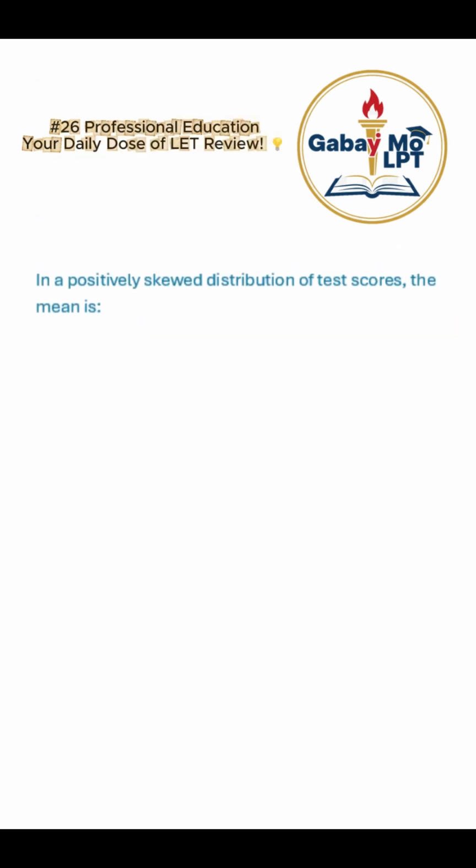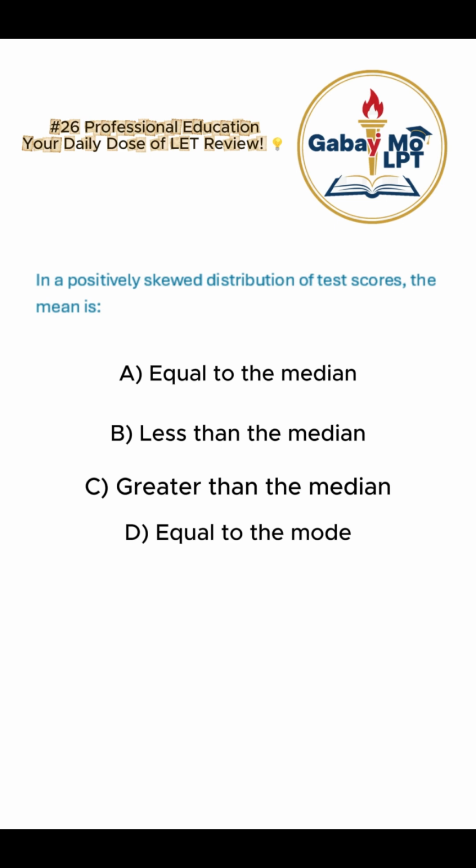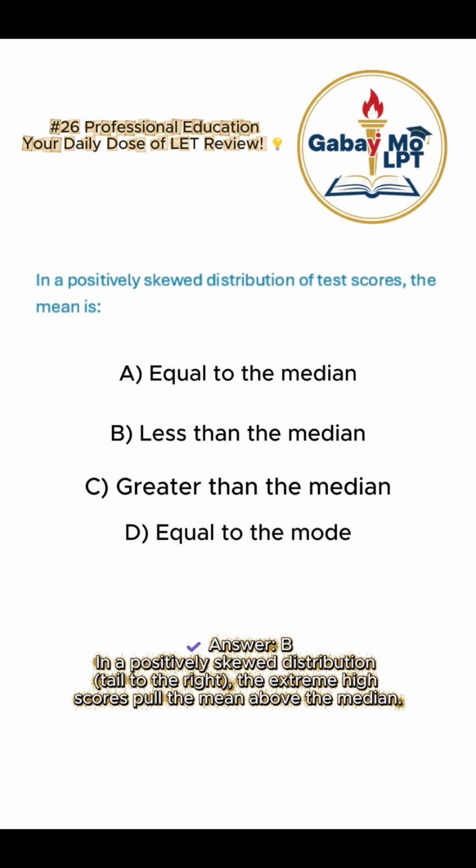In a positively skewed distribution of test scores, the mean is: A. Equal to the median. B. Less than the median. C. Greater than the median. D. Equal to the mode. Answer B. In a positively skewed distribution (tail to the right), the extreme high scores pull the mean above the